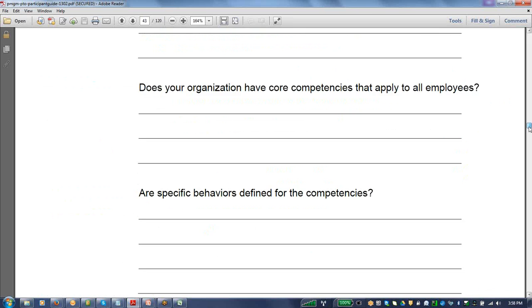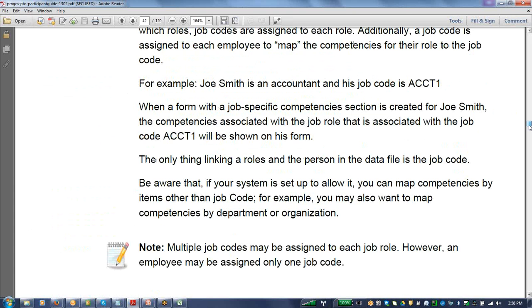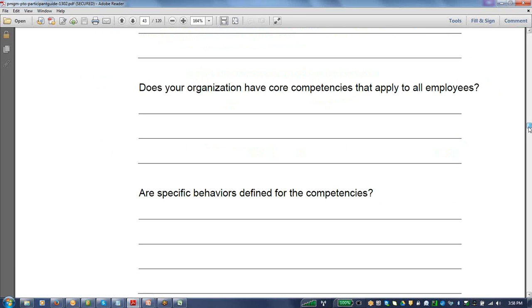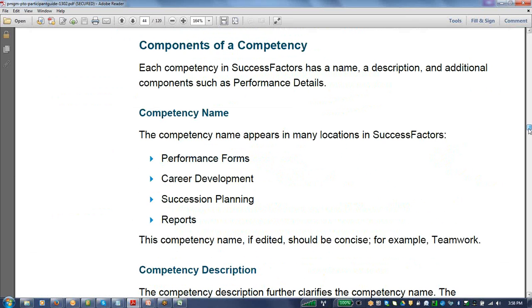Basically, competencies are really behaviors. Behaviors an employee must exhibit, and they're assigned to job roles. And there is a competency library that you can use to define different